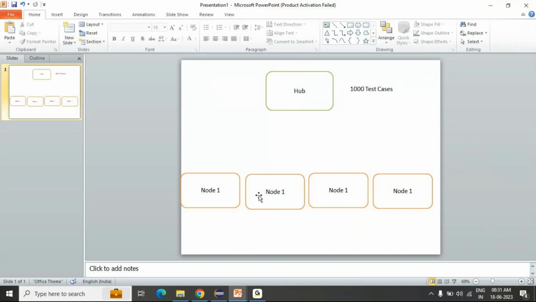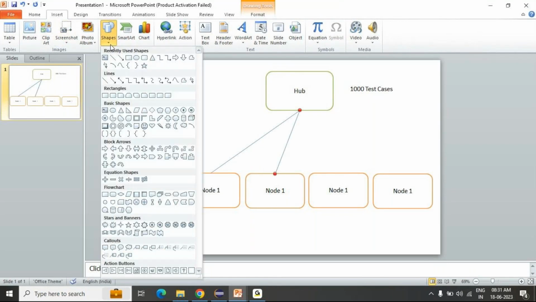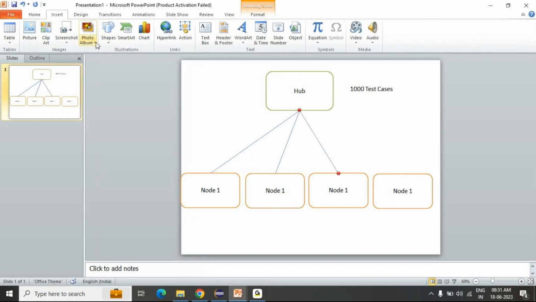So all these 4 node machines will have a logical connection between hub and node machines, so that whenever I start executing my test cases from the hub machine, there will be a logical connection between hub and node machines. So whenever I start executing my 1,000 test cases from the hub machine, first Selenium Grid will identify how many node machines are configured. Suppose this is node 2, and this is node 3 and node 4. So total 4 node machines configured.